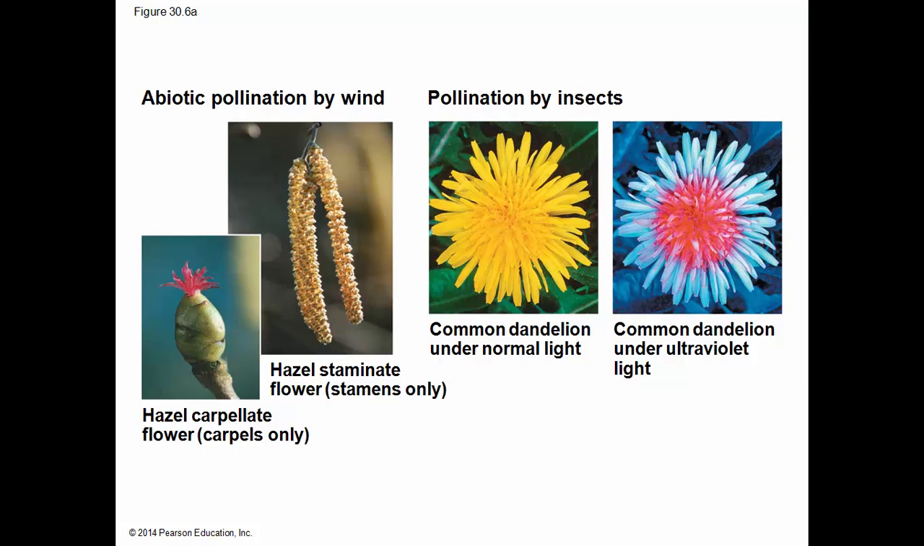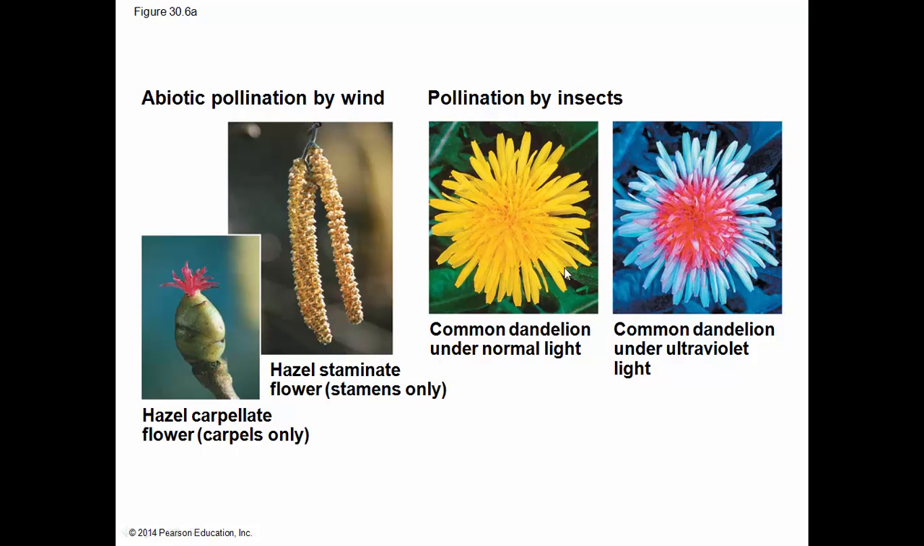Okay, we're going to talk about pollination by different forms here. Here's a hazel tree. It's a staminate flower. This is the stamens only, and the carpellate flower is what receives the pollen. You can find analogous flowers like this on oak trees. They're called catkins, and these catkins are the male organ producing the pollen, and then the carpellate flowers receive the pollen. Dandelions are pollinated by bees and other insects, and dandelions